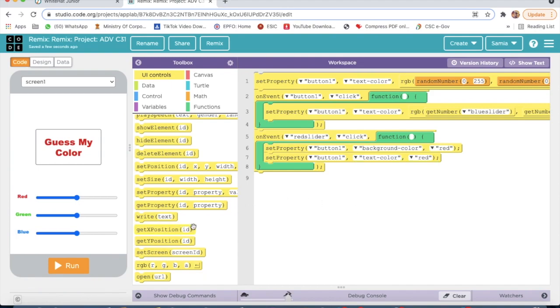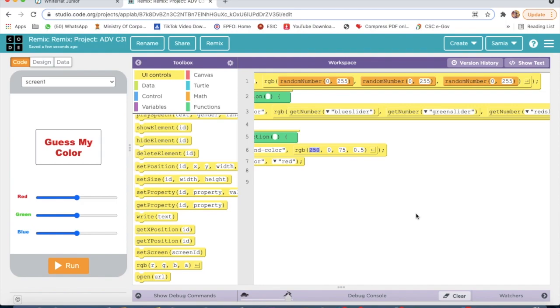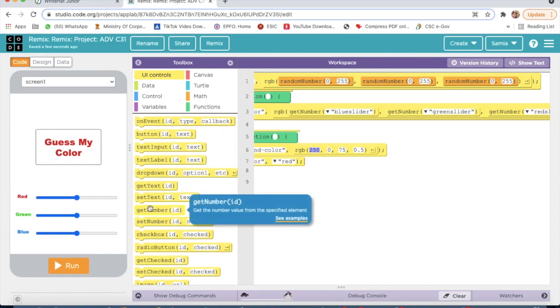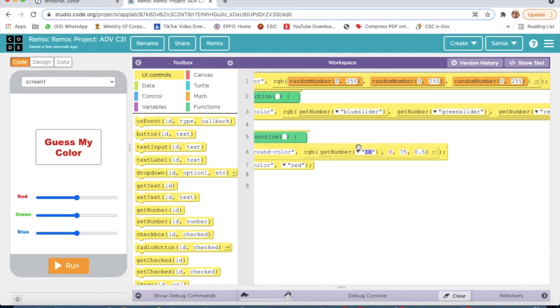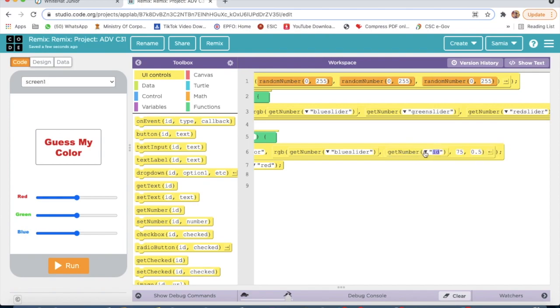Then I have to take RGB because we have to take random colors. That's why in computer language we take RGB, red, green, blue. Then I will take get number. Here the ID I will select blue slider. Then again get number, and here I will select green slider.